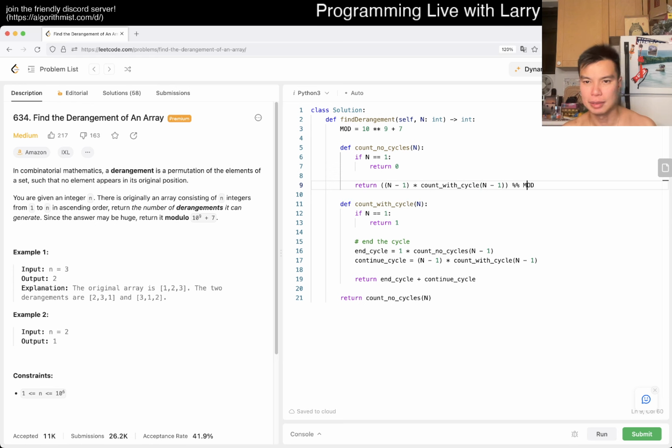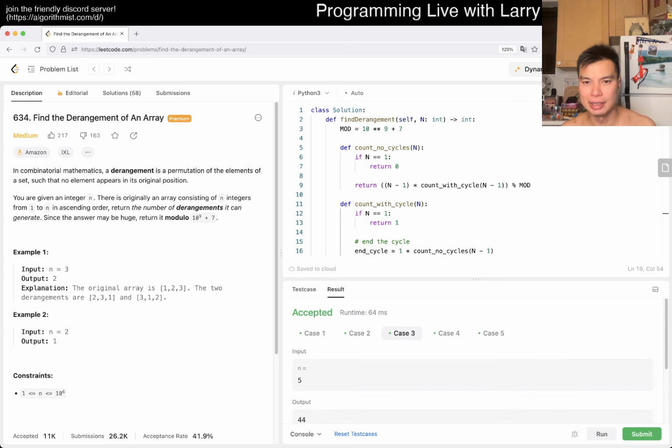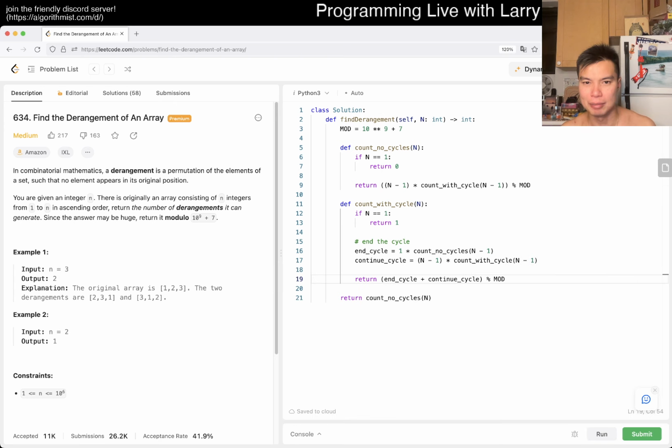Oops. Here you also want to mod it. So okay. And then of course the other thing is that, yeah, there are a couple of things you can do. I mean, we kind of did this chat with